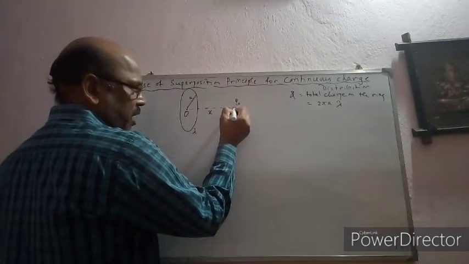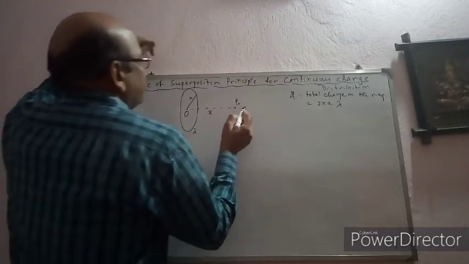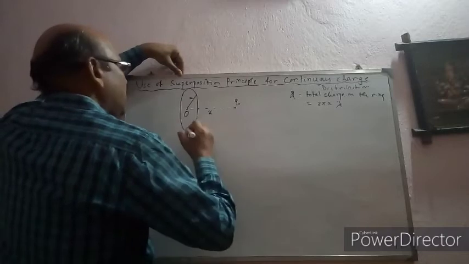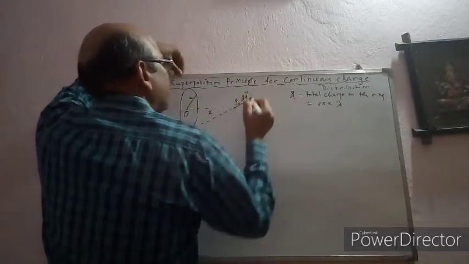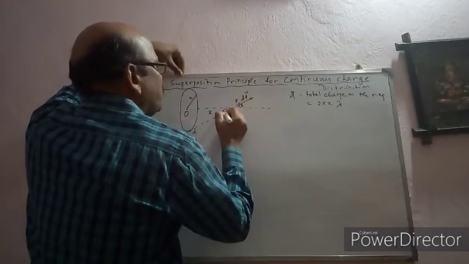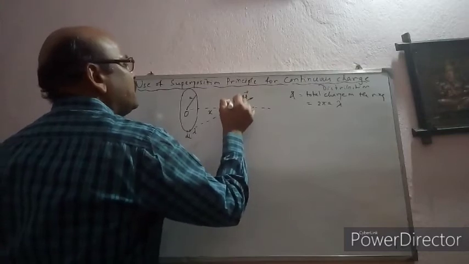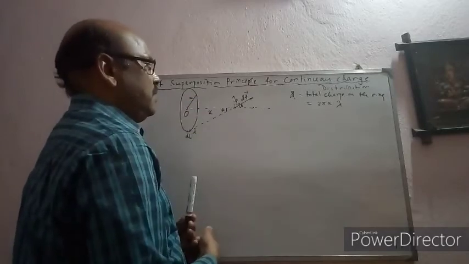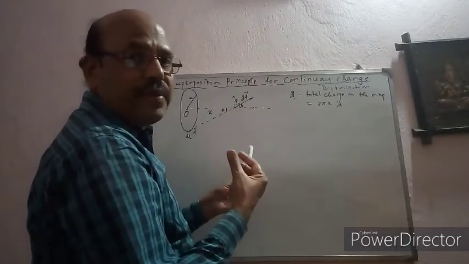And if a point charge q naught is on its axis at a distance x from its center, then what is the force experienced? Let us calculate. Here also we can consider an element dl. The force due to this dl is along this direction. This is df. Here again I can resolve df into two components, if this angle is theta. Df cos theta is the axial component of force and df sin theta is the component of force normal to the axis.